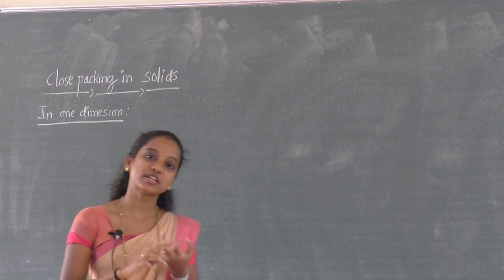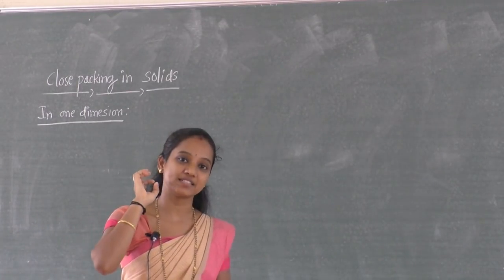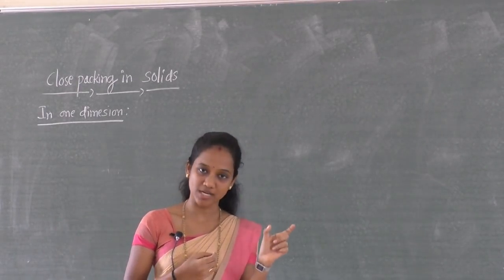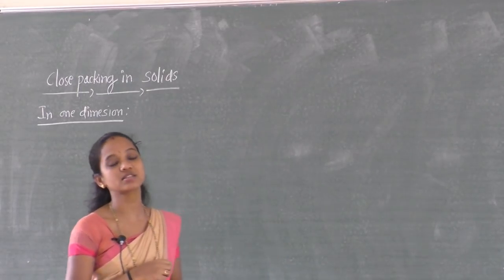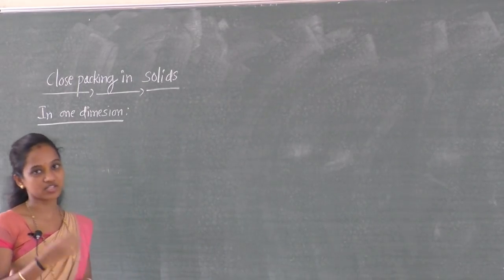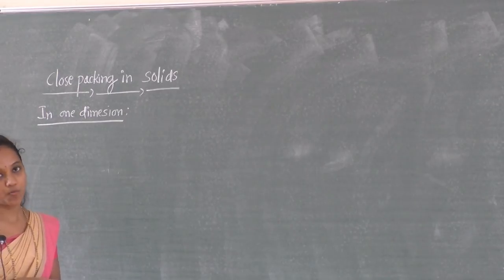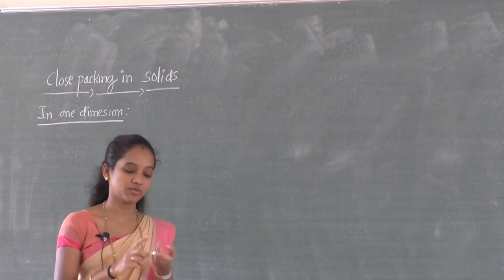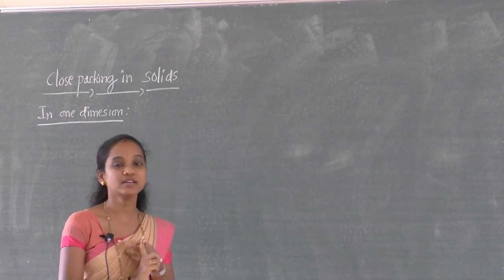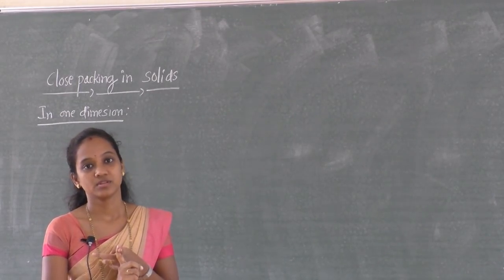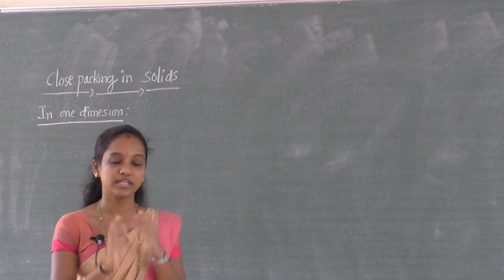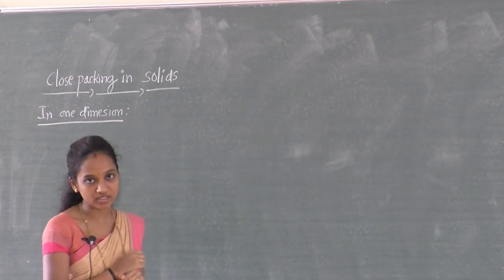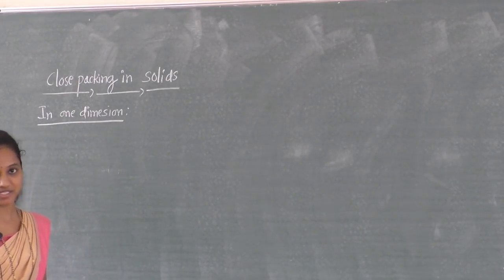And we also studied the concept of crystal lattice and unit cell. So what do you mean by a unit cell? It is the smallest portion of the crystal lattice which, when repeated in different directions, the entire crystal lattice will be obtained. Under unit cells we have two different types, right? One is primitive unit cell and the other is centered unit cell. So what is a primitive or simple unit cell? In this cell we have only the corner particles; only at the corners the constituent particles are present.